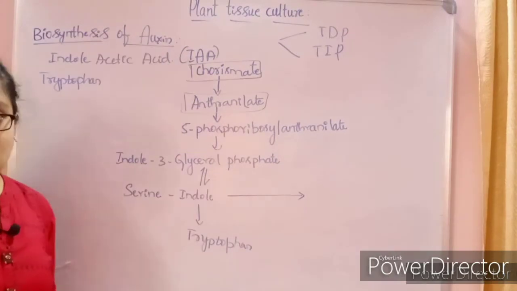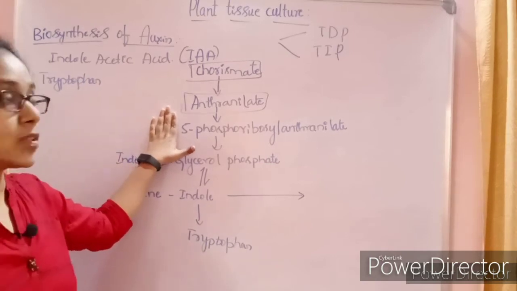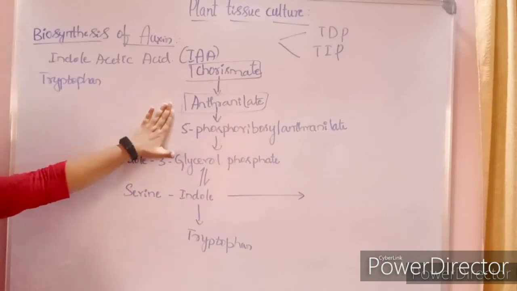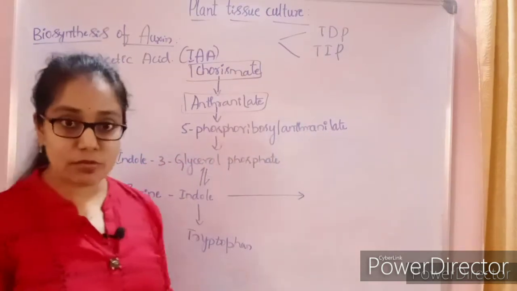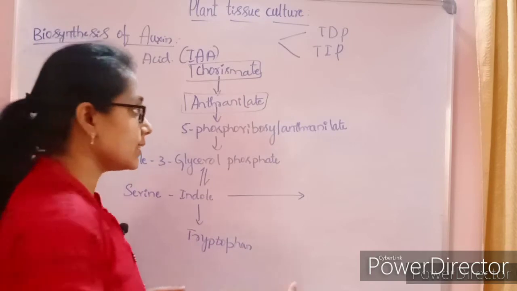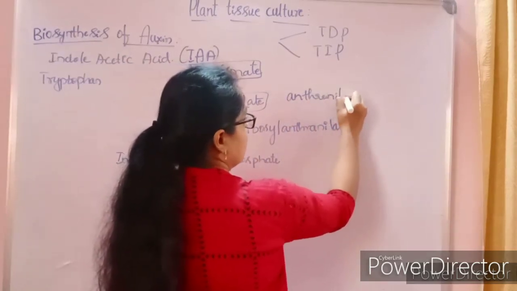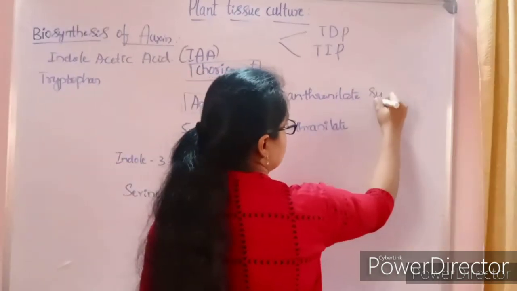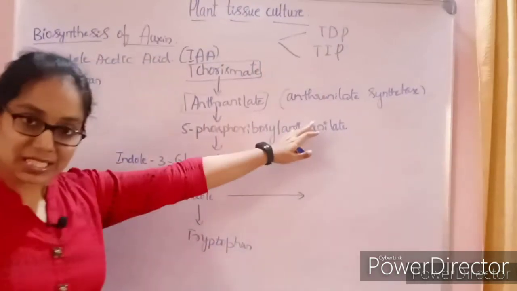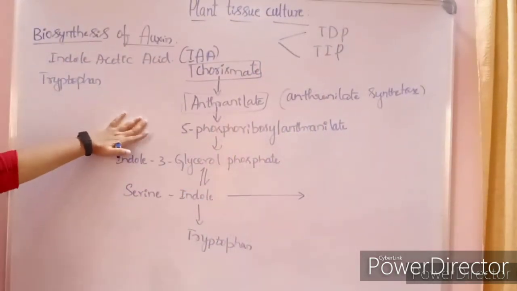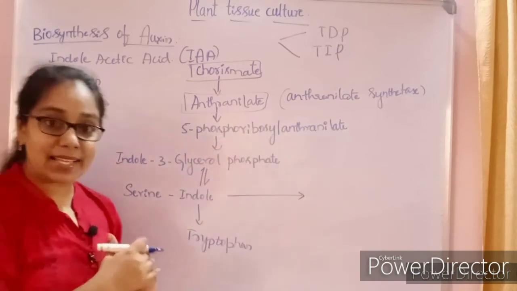During the synthesis of this auxin, what happens? The chorismate will be converted into anthranilate. Okay, so now anthranilate will get converted into 5-phosphoribosyl anthranilate in the presence of an enzyme called anthranilate synthetase. So in the presence of this enzyme, anthranilate will be converted into 5-phosphoribosyl anthranilate, and this 5-phosphoribosyl anthranilate